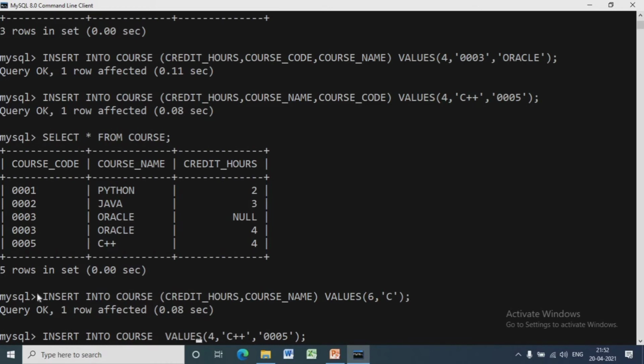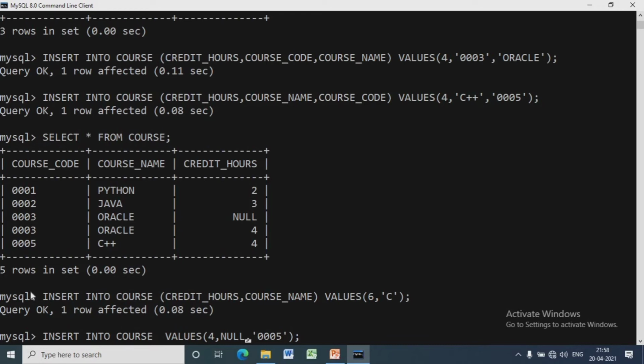We can insert a null value to course name by writing null in place of course name. Remember, null will be without single quotes. If we put null in single quotes, then it will be data.